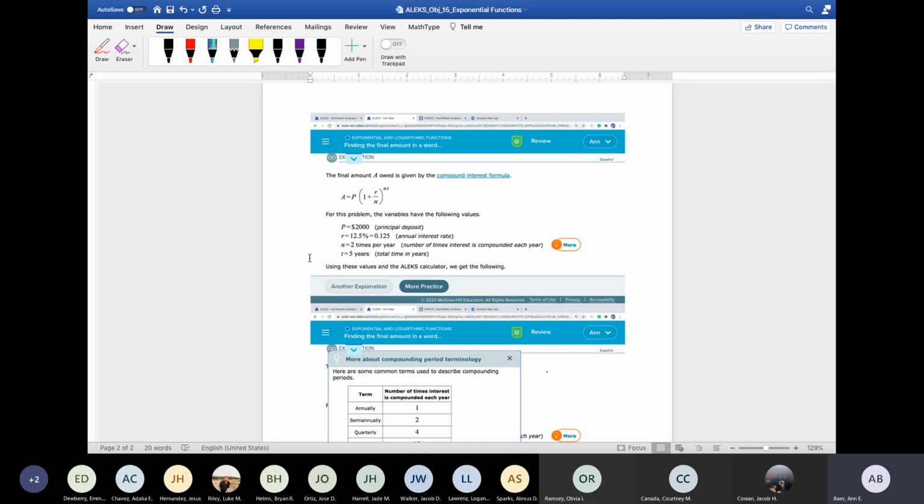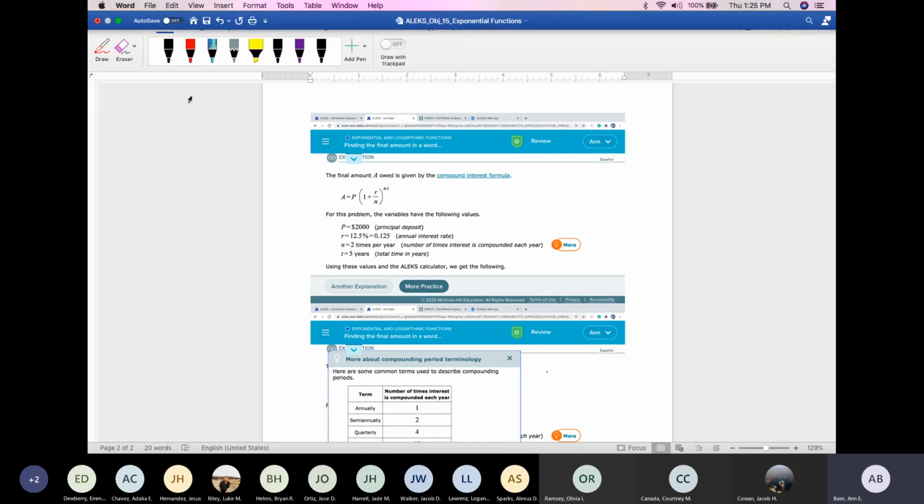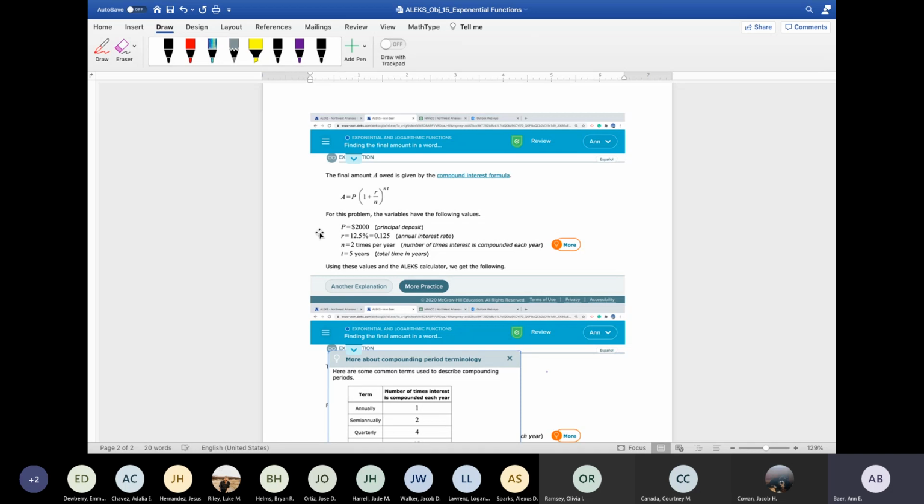We can try to make this a little bigger. Yeah, I don't remember how to make this. I know there's a way to do this, but I think we're good here.